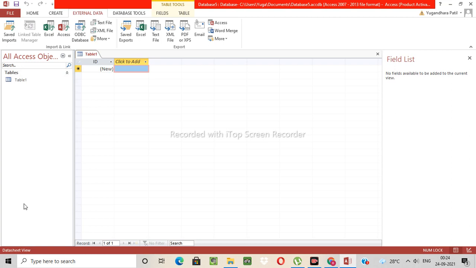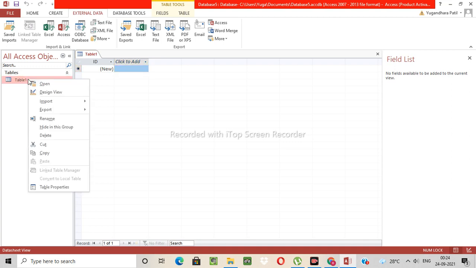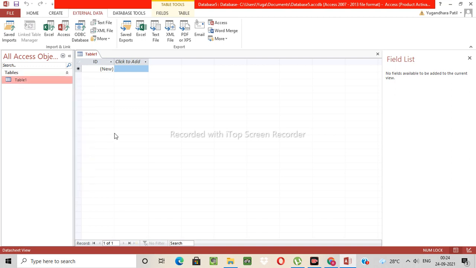All files, whatever you want to store in this database, will be shown here on this navigation pane. If you want to change the table name, right-click on this table, select the rename option, and rename your table.